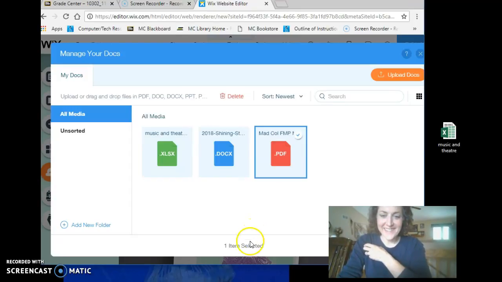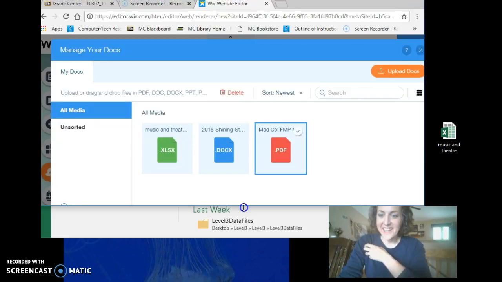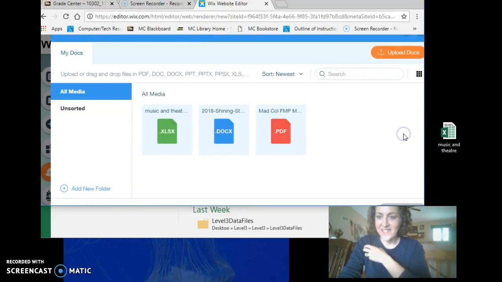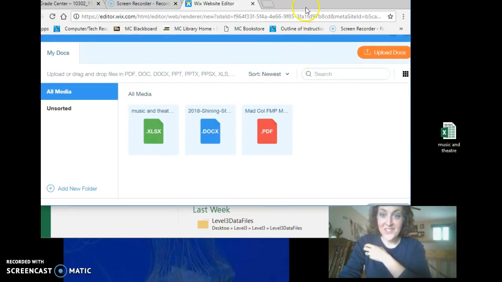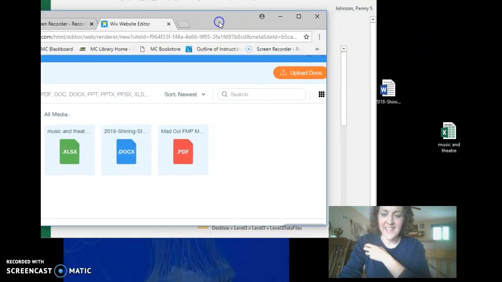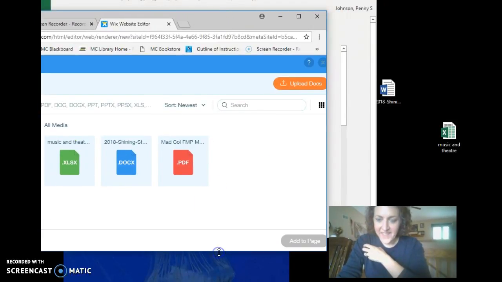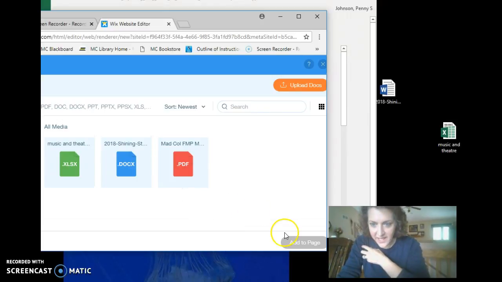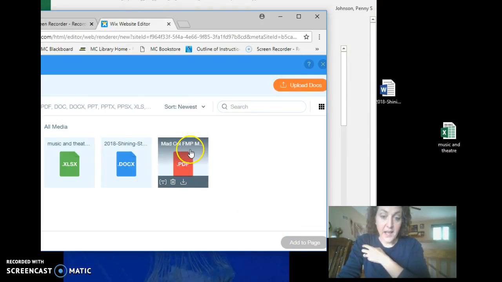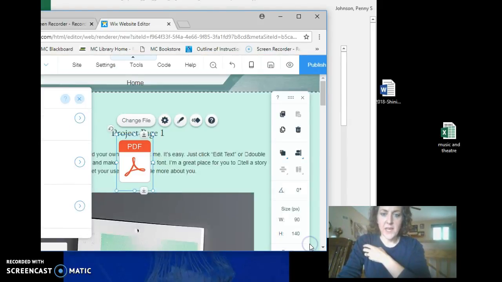So I'm going to select whatever file I want to work with. I'm going to click, oh, it won't go. Let me see if I can force it here. If I can scroll down a little bit. Rats. I'm so close. Oh, here's what I'll do. I'm going to move this little guy out of the way. There we go. So I'm going to select the file I want to work with. Where are we? And I don't want to... sorry, there it is. I knew there was a check mark someplace. Check mark the file that you want to work with. Click Add to Page. So I am active on the page where I want it to appear,